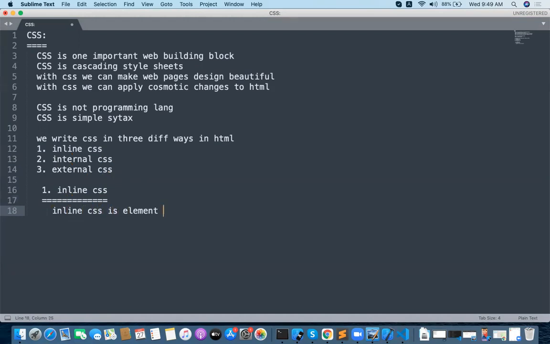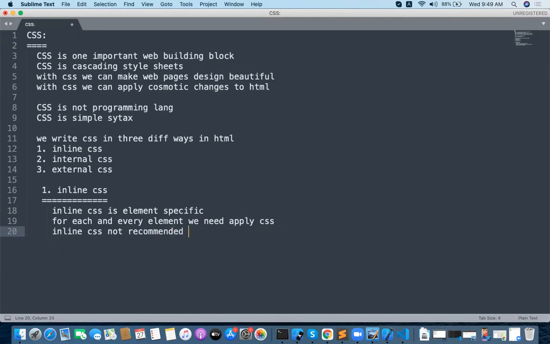Element specific. What does element specific mean? For each and every element, we need to apply some CSS. Inline CSS is mostly not recommended.